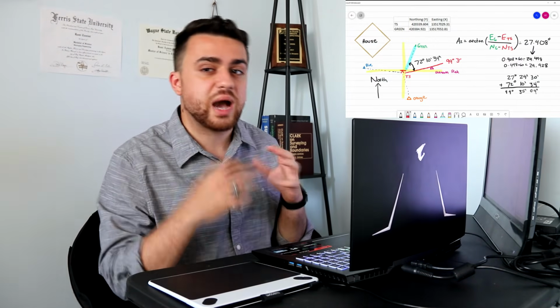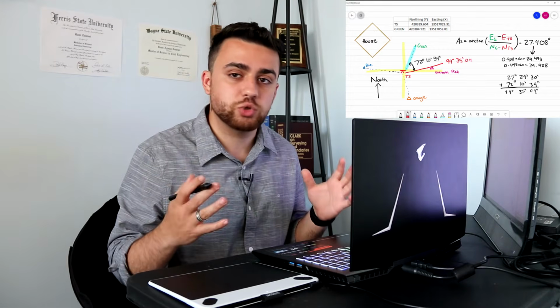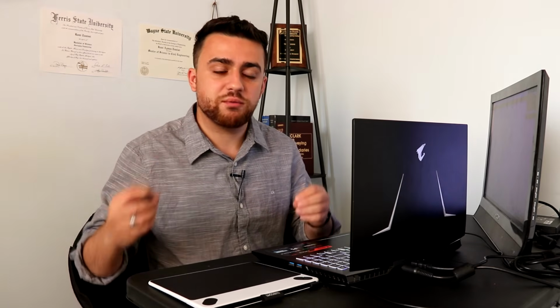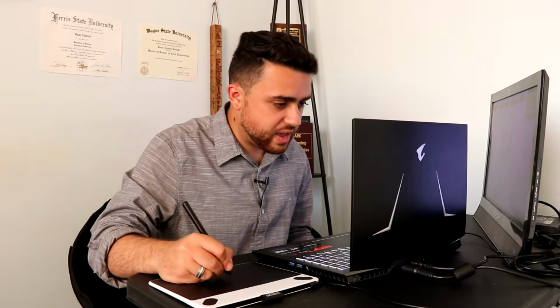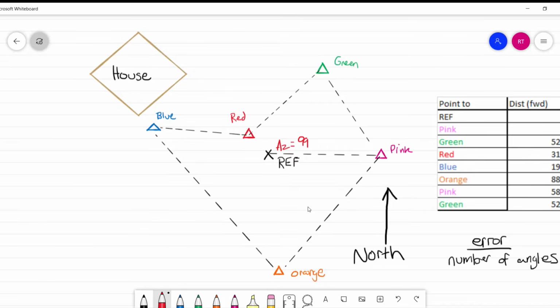Now in the last resection calculations video, we had determined the azimuth between the reference point and pink. In that video, I called it the total station setup point and the unknown pink point. It's the exact same points, I just changed the name of those points. Go ahead and refer to that video if you want to see how we calculated the azimuth between these two points. But we're going to use that azimuth as a reference to determine the azimuths for the rest of our points. If you recall, that azimuth was 99 degrees, 35 minutes, and 4 seconds.